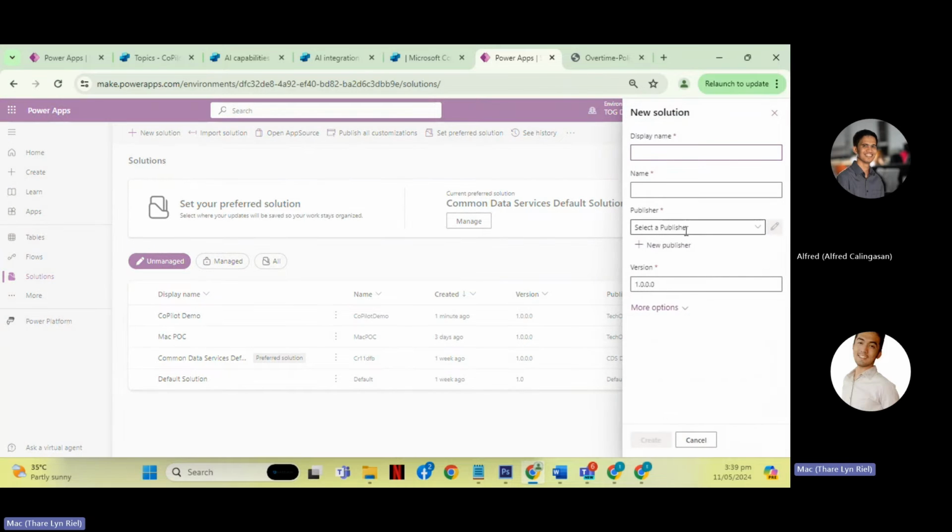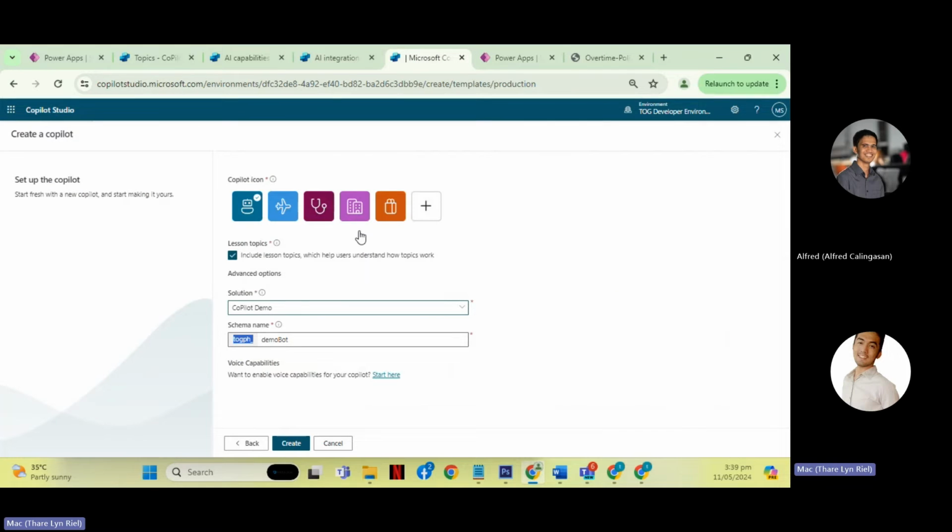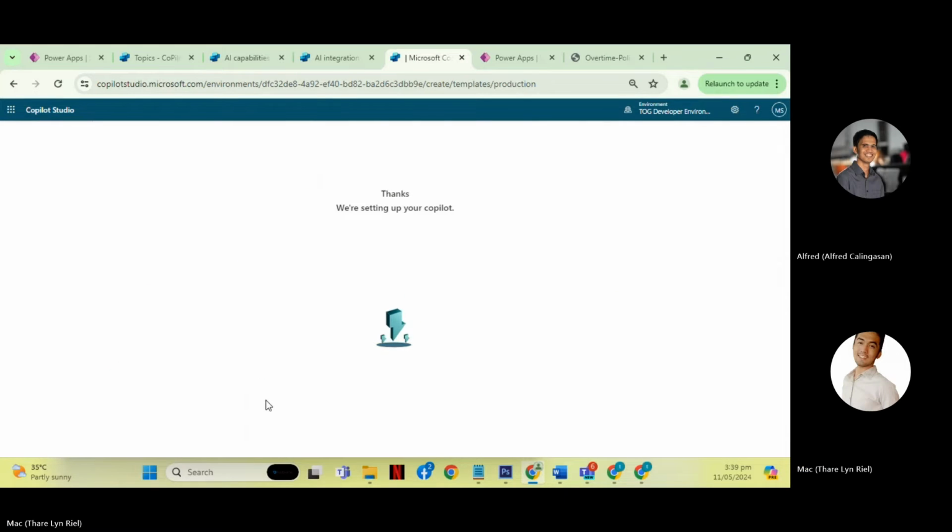For example, if you click the CBS default publisher, the prefix of all of the components inside that solution will be CR125PC. Let's go back to the Copilot Studio and click create.